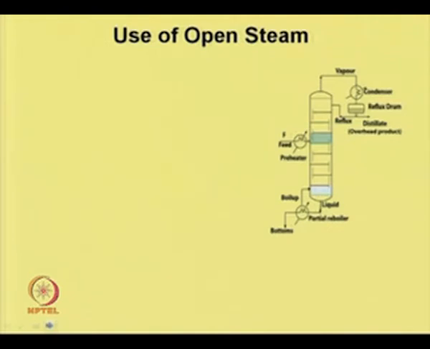So, now let us consider another important topic, which is use of open steam. In general, we supply the heat using the partial reboiler. Heat is supplied to this, and by taking the liquid which is coming out from the tower, it is heated with a reboiler, where steam is not directly injected to the tower. Here, particularly for a solution which contains water or some other components, then this aqueous solutions may be convenient to separate using live steam.